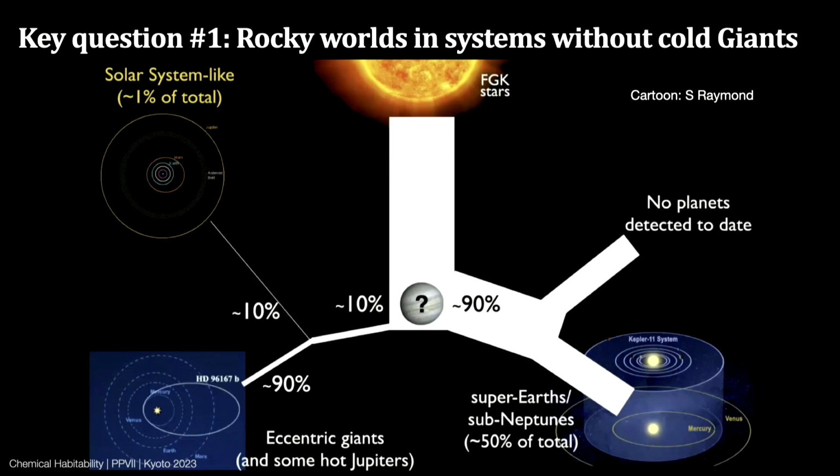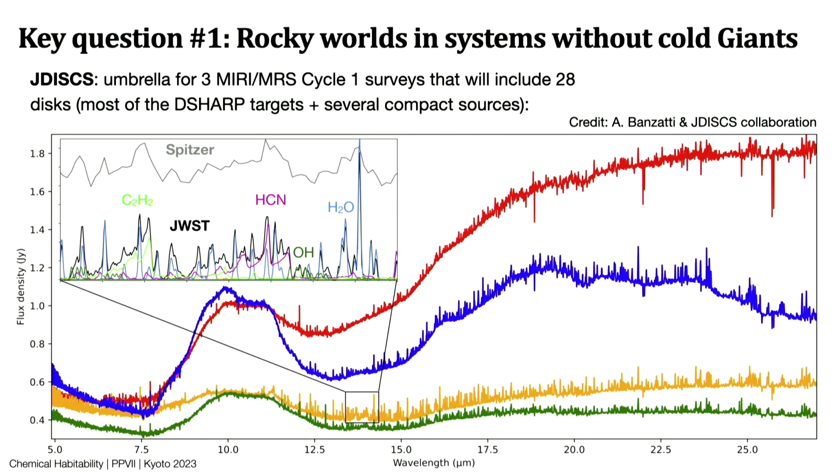Do we really get all this extra carbon, all this extra oxygen, all these extra volatiles into the inner system? And if yes, does this really end up on your rocky planet? Do you form these water worlds? Or does it go to the gas? This is a very interesting question for placing the Earth and the solar system in context. And I think here we'll learn a lot